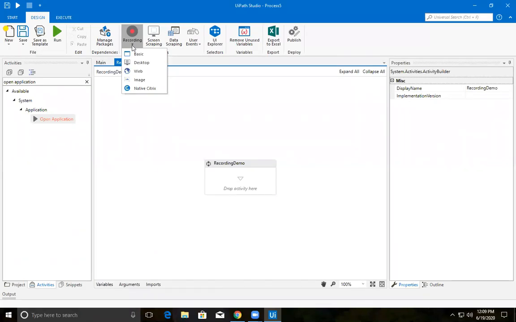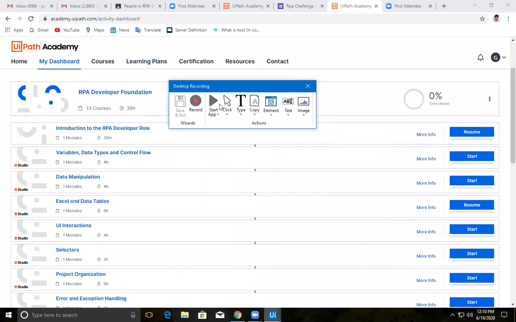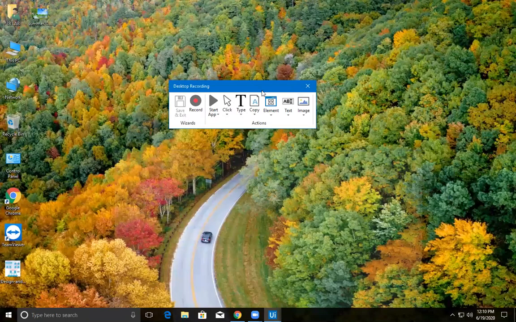So we will basically check this desktop application and the web application now, and how the options will work within that. So let's start doing this recording and learn how it works. Let's select desktop here. This is a basic thing. Recording has not yet started as of now. This is where we can start your recording.